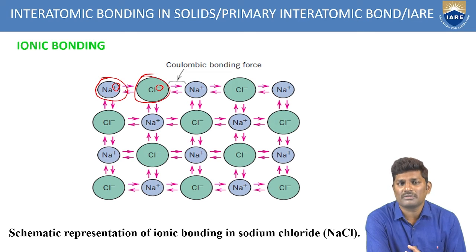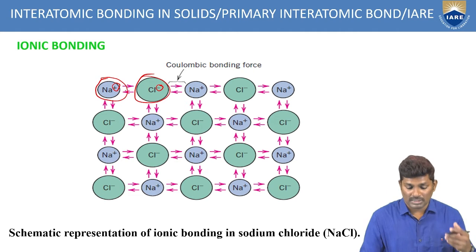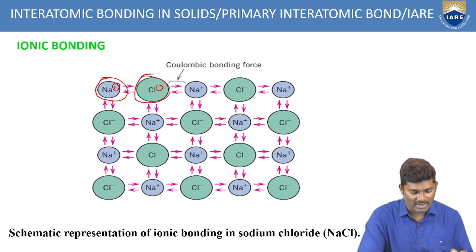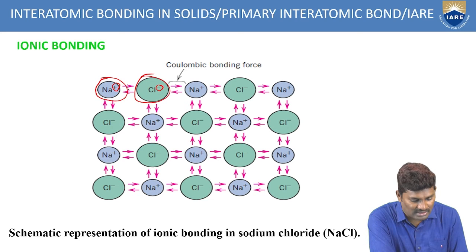So what is Coulombic force of attraction? There is a strong attraction between the particles which are opposite in nature, opposite in electric charge. Here the sodium chloride is forming with the help of the Coulombic bonding between the atoms. Because the positive and negative charges are attracted to each other, you are getting a good bonding between the elements. So wherever you can see, either in this direction,